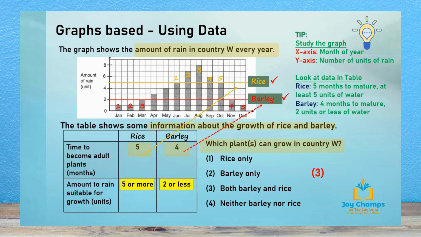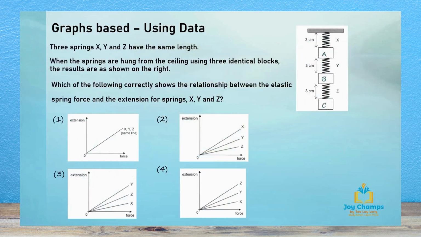So, without much further ado, now let's hop on to take a look at another question, and it's still based on using data presented in the question. Let's read. Now, 3 springs, X, Y, and Z, have the same length. Now, when the springs are hung from the ceiling using 3 identical blocks, the results are shown on the right. Now, which of the following correctly shows the relationship between the elastic spring force and the extension of the springs,